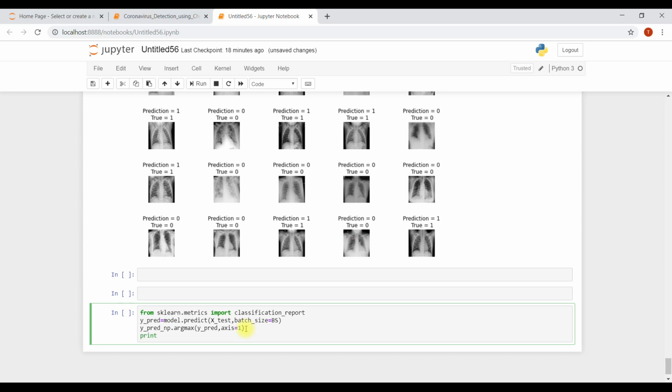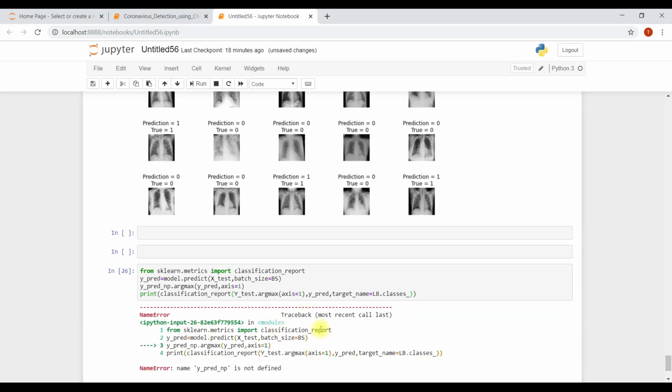Print classification report. Print y test dot argmax axis 1, means in the column. And target names. Y grid np is not defined.